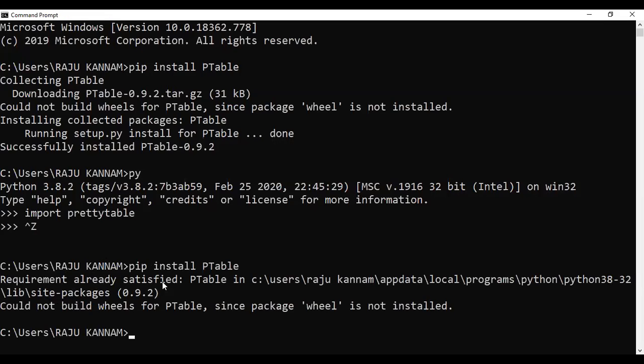Requirement already satisfied. Okay, so once it is installed, you have to go to your program and import this particular table object in your program. The table object name is pretty table. Now let us go back to the program.